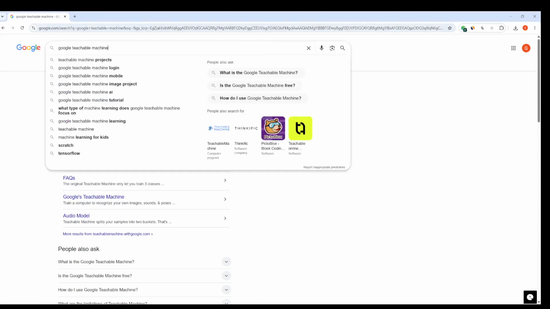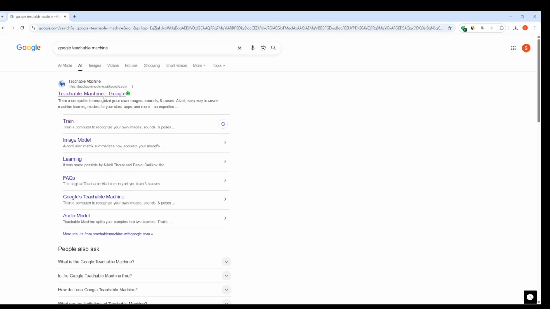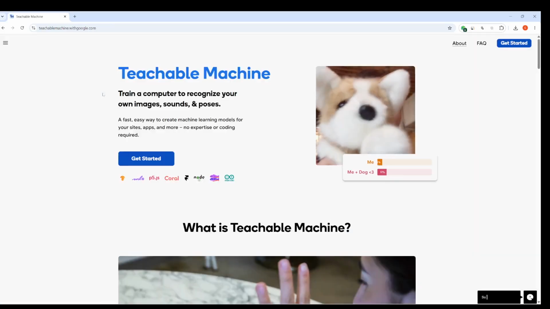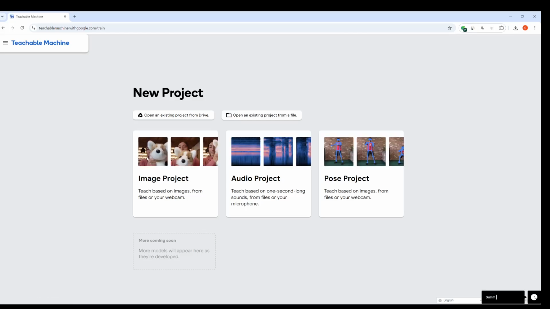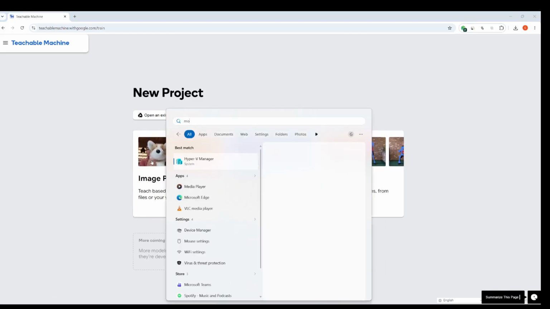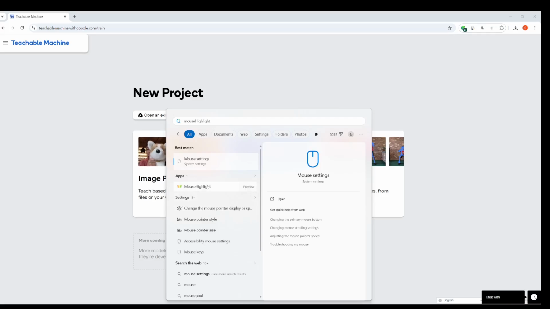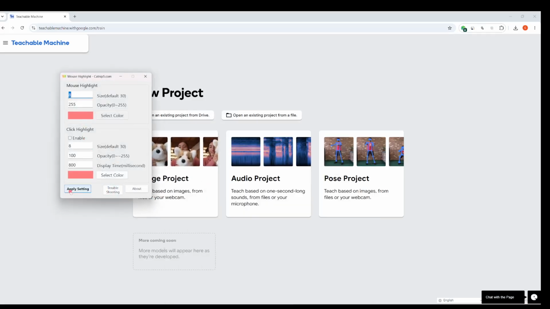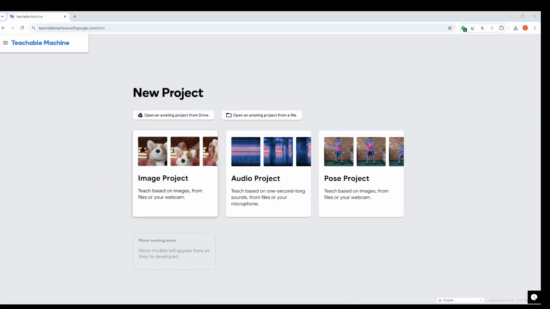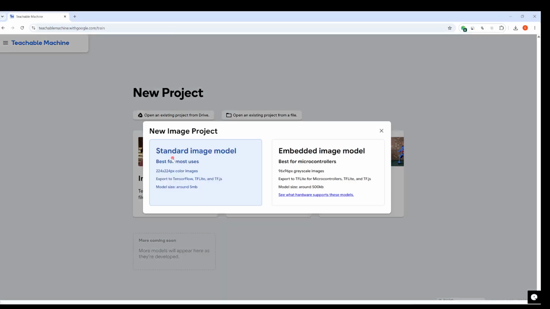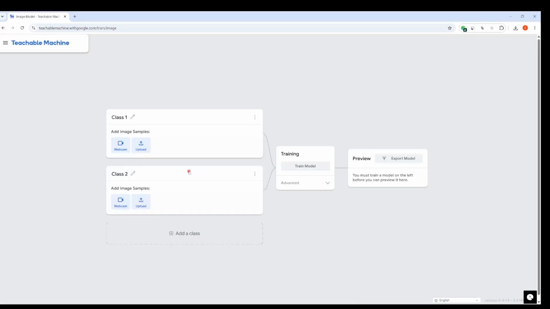I'm going to use the Google Teachable Machine. Search for Google Teachable Machine. Get started. Click image project. Standard image model. So we need